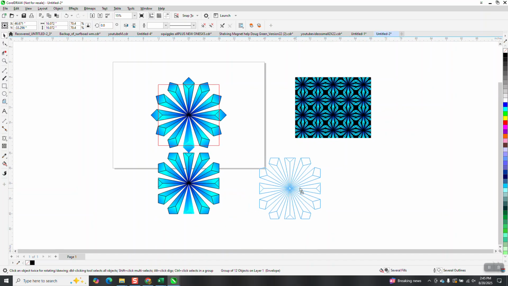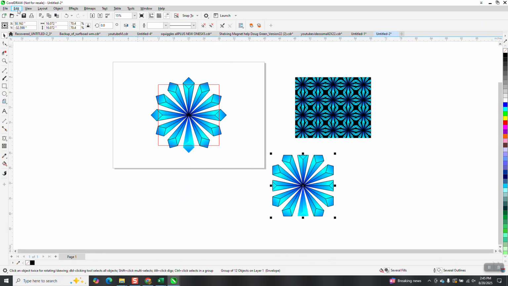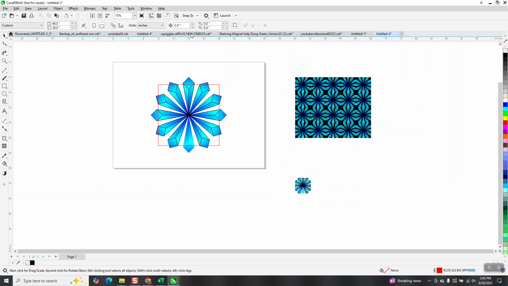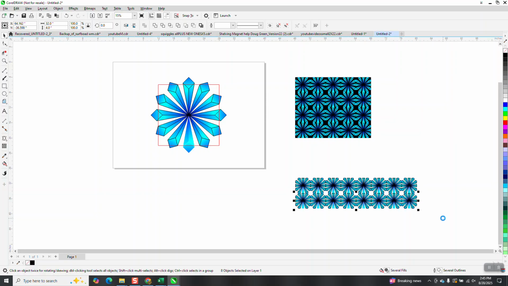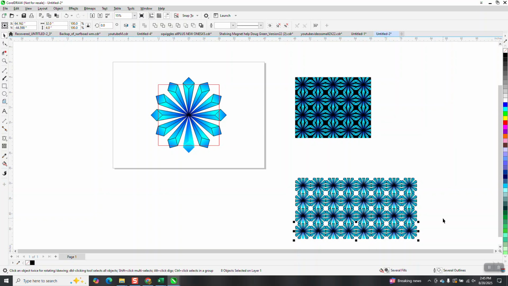Now, we're going to change that square to make it like 4 inches square. And I'm going to set my nudge factor on 4. And then that way I can Control D and move it over. And see, there, you can make as many or as few as you want. And then to get the black in there,